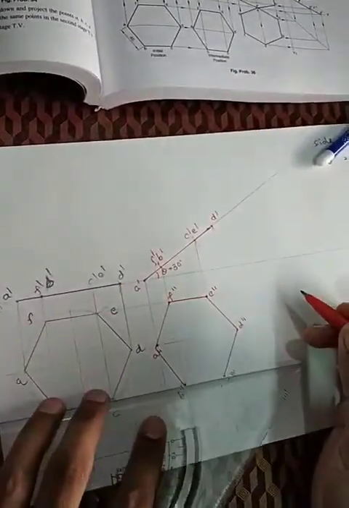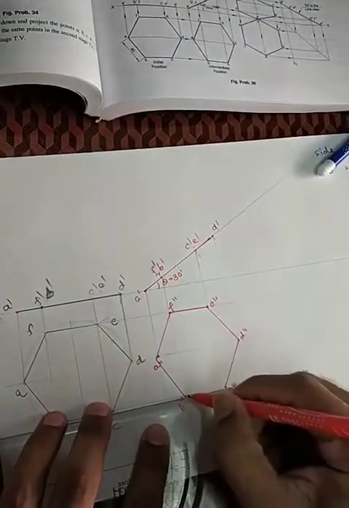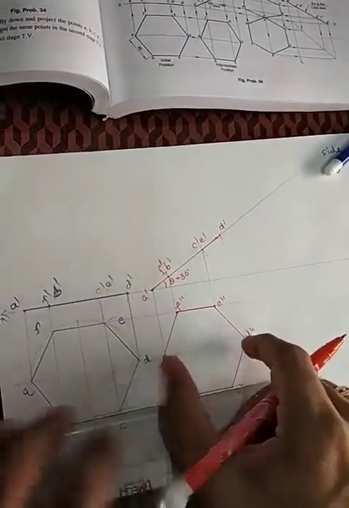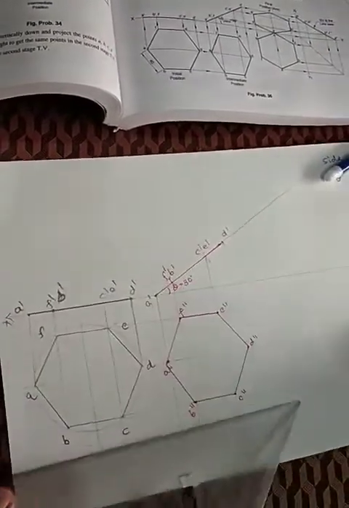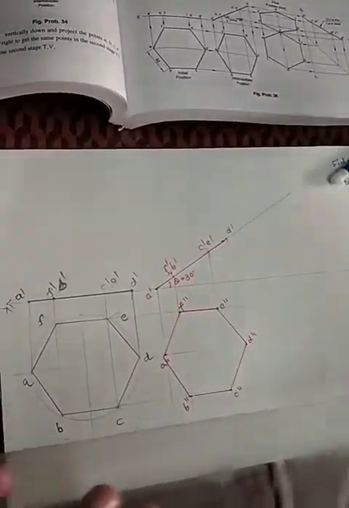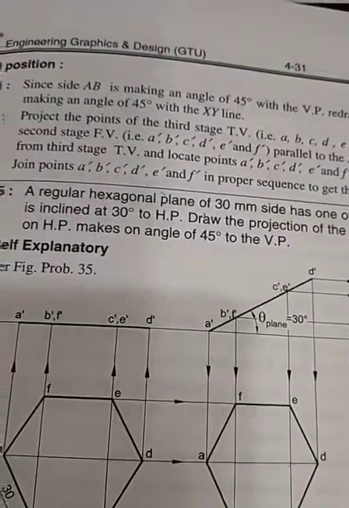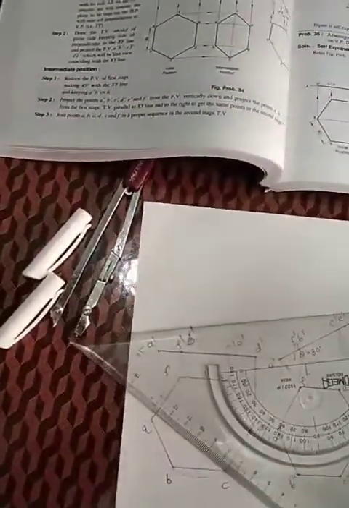So if you place it at 30 degrees, your diagonal will be shrunk. Your AD line is greater than the A double dash D double dash line. Now in that particular case, your diagonal passing through the corner is making an angle of 45 degrees. So you have to find a new angle. How are we going to find a new angle?